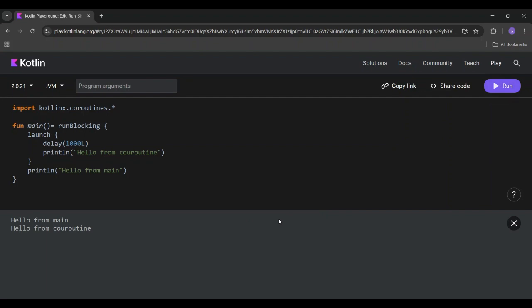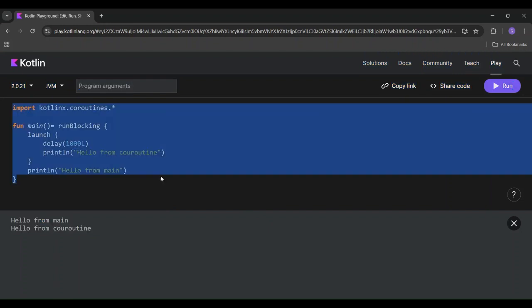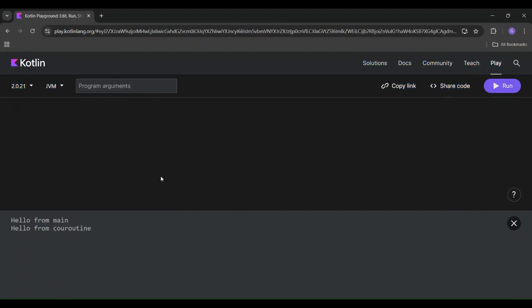Coming to the next concept, that is exceptions. Exceptions are used to handle errors or exceptional cases that occur during the execution of a program. Kotlin uses try, catch, and finally for exception handling. For example,